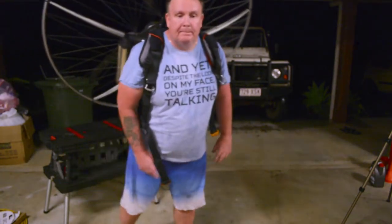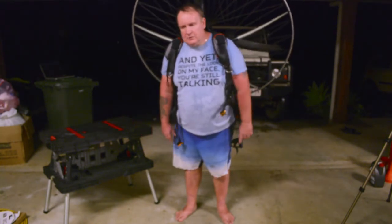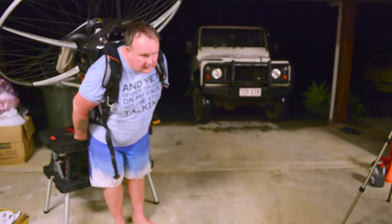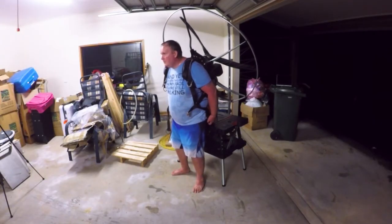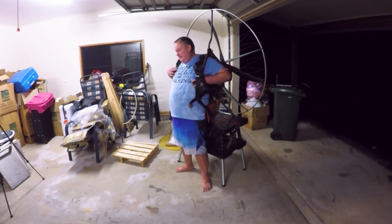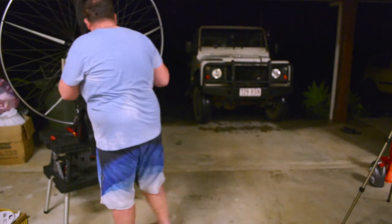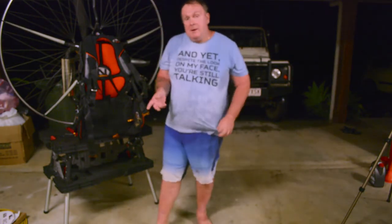You see, that was luxury. That was luxury. The hardest part of that was getting the paramotor on the table. After it was fairly straightforward. Now, I could put it back on here. I think that's a little bit dodgier because I don't have much room, but let's try. Because I don't know where that back stand is, so I'll keep hold of it. Yeah, okay. A little bit of tolerance there. I think if I chose that method, which I will,